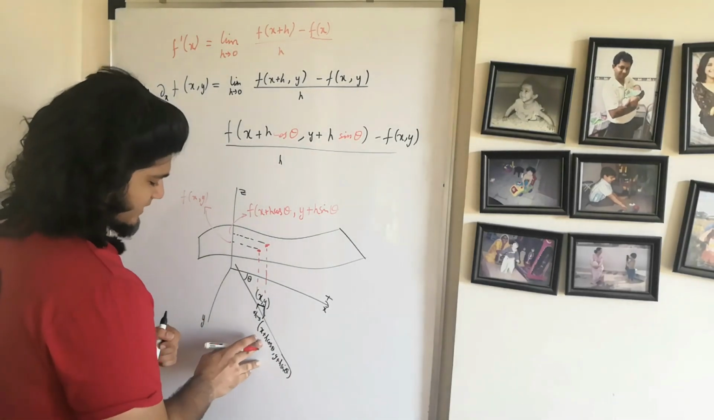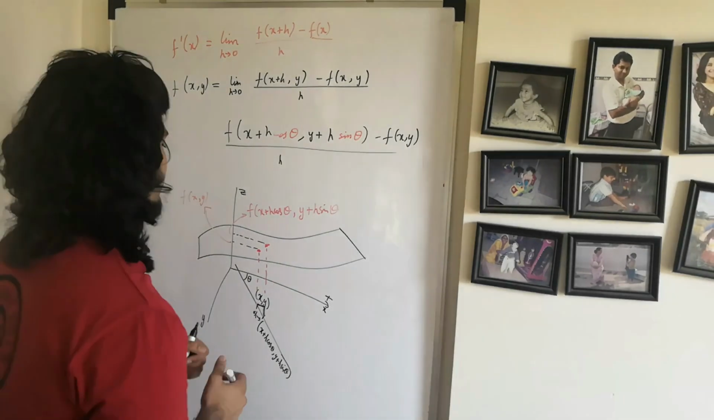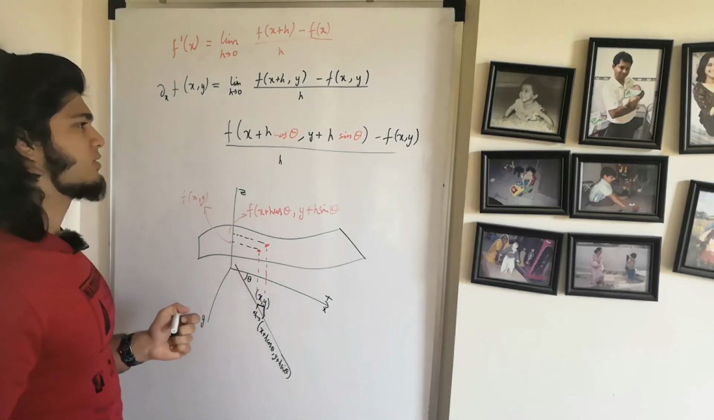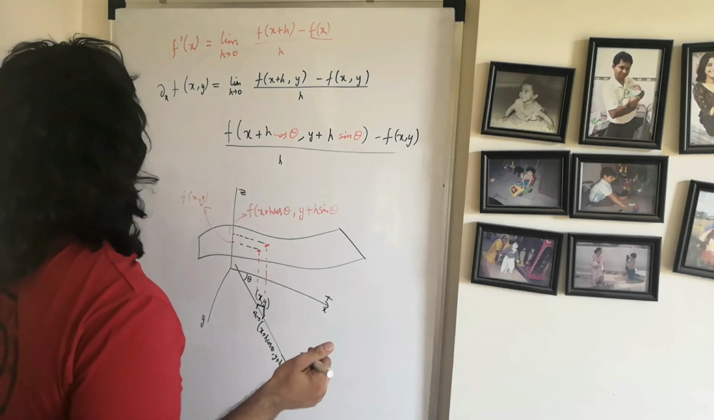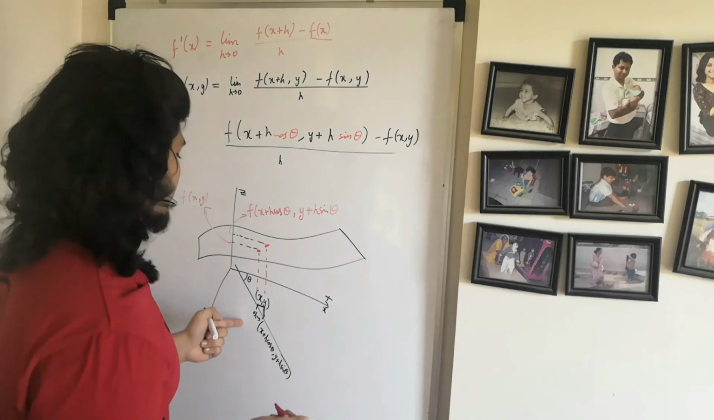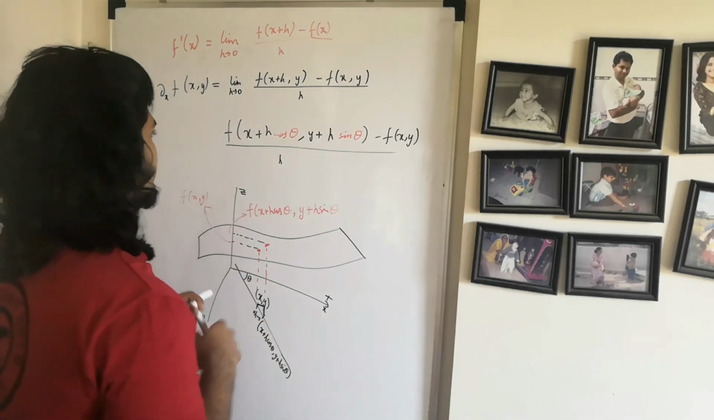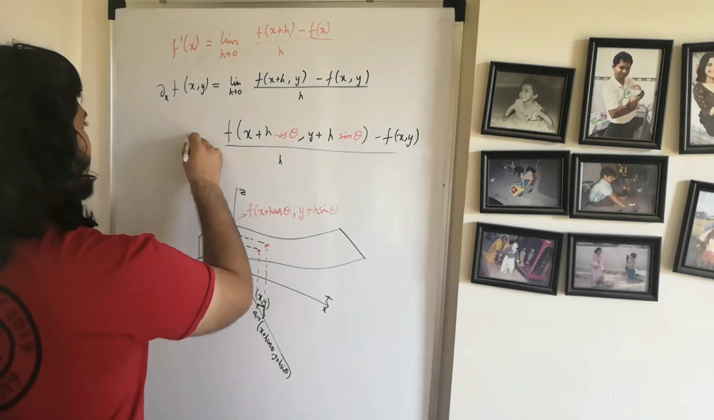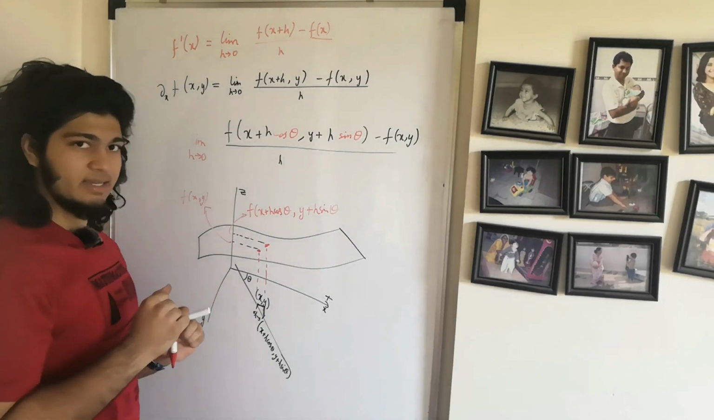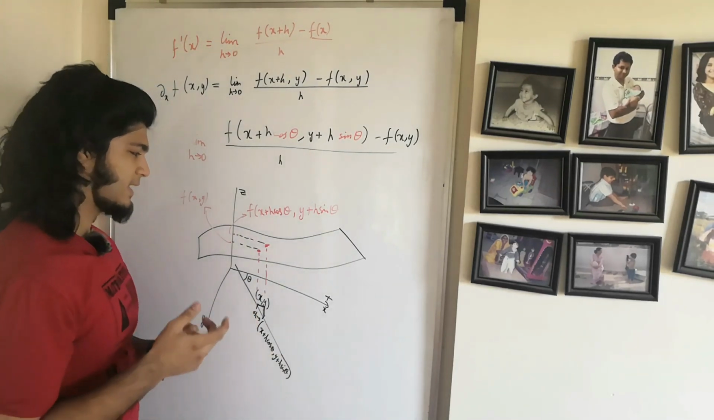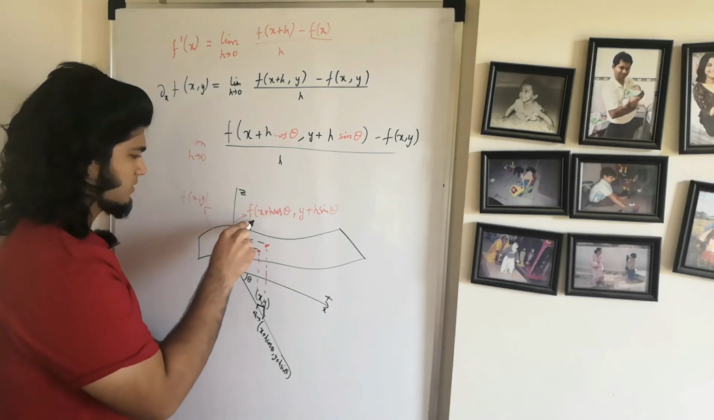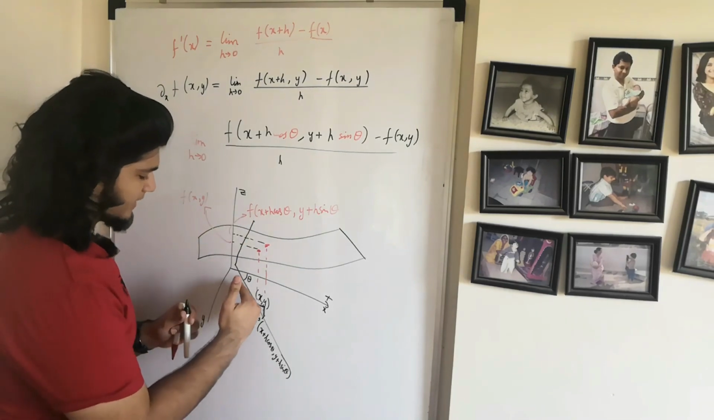So if I change x by h cos theta and y by h sin theta, and then I divide it by h, then I get the directional derivative. But how do you evaluate this thing? We know how to evaluate the partial derivatives, so we need to find some method to evaluate this derivative as well. So let's do that. We want to evaluate the limit as h goes to 0, and it has a nice geometric interpretation, that if you draw a plane something like this, which is perpendicular to this line,